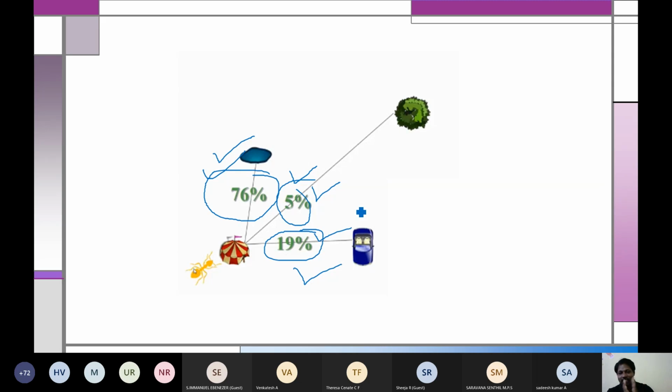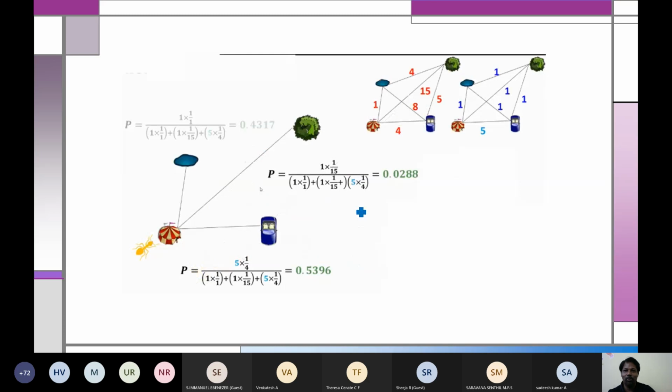So now let's assume that somewhere the pheromone content is more. Instead of 1, if this is 5. Initially all are 1, and with that 1 we calculated, but considering that somewhere 5 was there, we need to see the shortest path. The first calculation we have done, but now the condition is that in some place more pheromone is there. That means more ants have moved through that path. So if instead of 1 I put 5, I can see the values have changed.